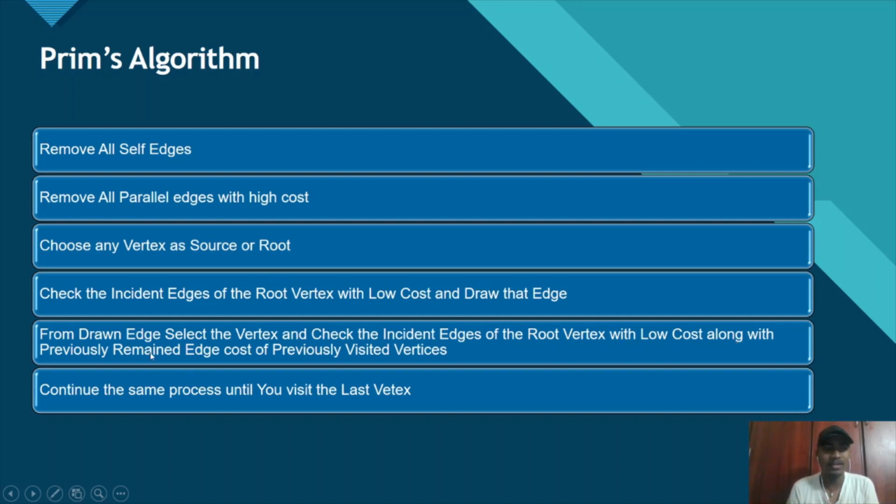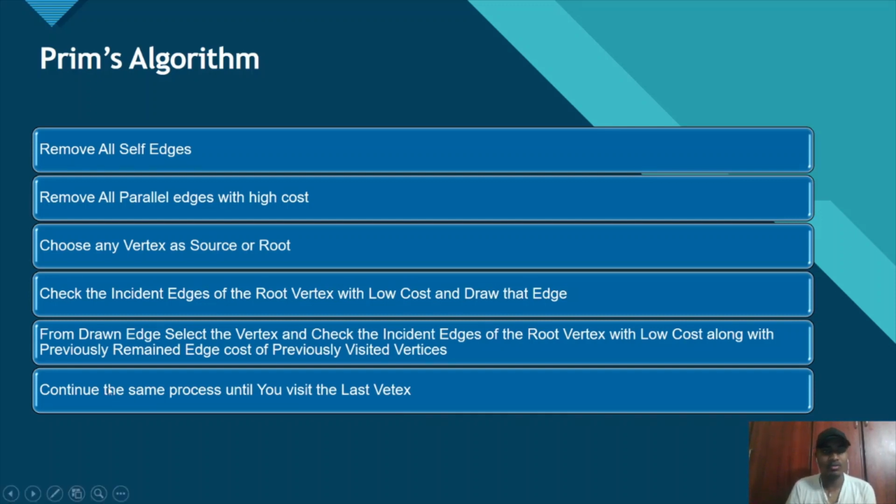You have to find the incident edge with low cost and draw that edge. From the drawn edge, select the vertex, and check the incident edges with low cost, along with the remaining edge costs of previously visited vertices. I will explain this point neatly later; as of now, just keep it in mind. We stop this process when, as we know, the minimum spanning tree has all vertices, no cycles, and fewer edges with less cost.